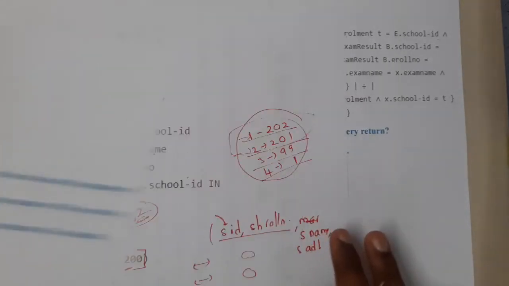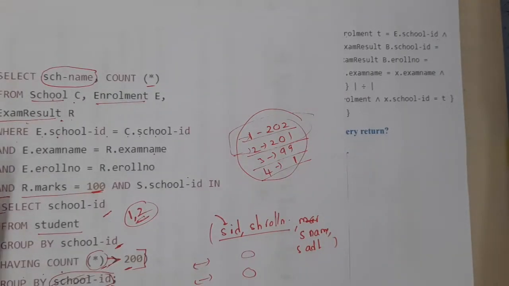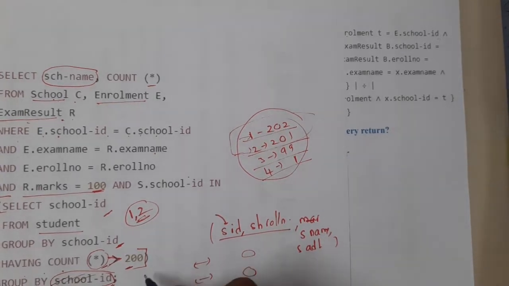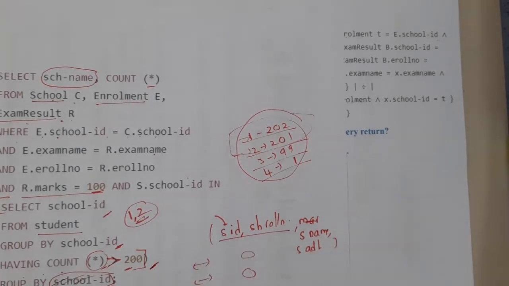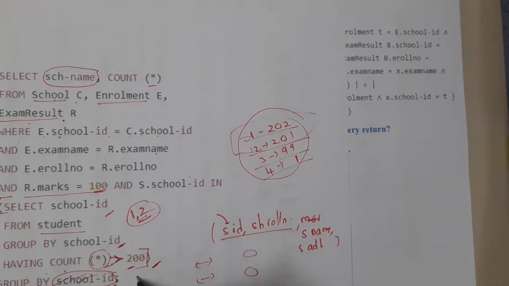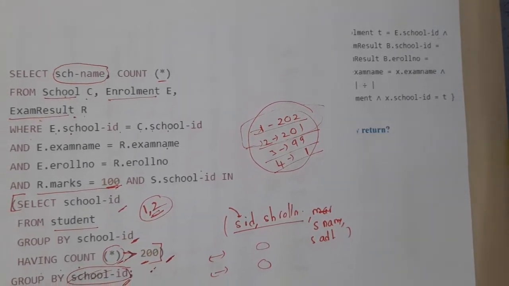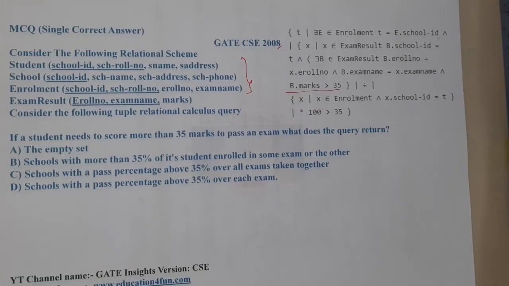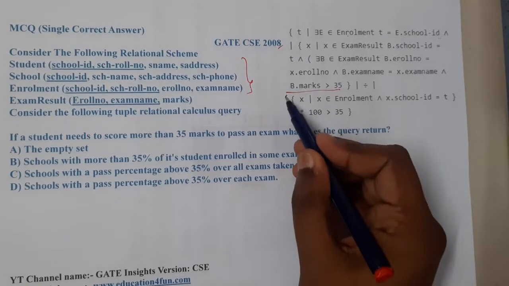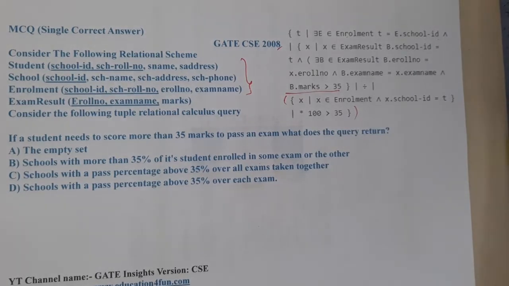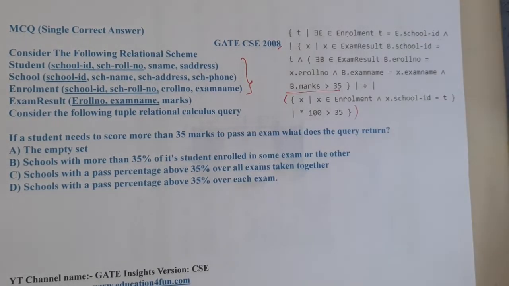If you recall, in that question they gave a huge query. What was that query doing? That query had an error, but it was trying to count the students of a school having 200 students who have exactly 100 marks, or 100% to be clear. In this query they are trying to find that 35%, but I am skeptical about this part. They are trying to do something here, but I am not understanding it exactly. Anyway, let us start analyzing.